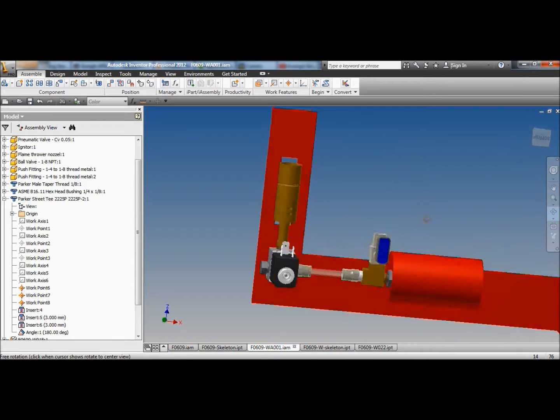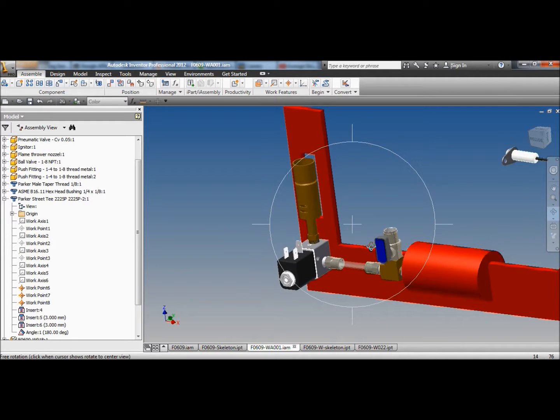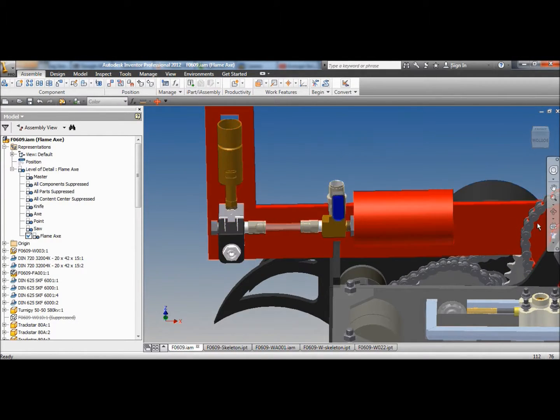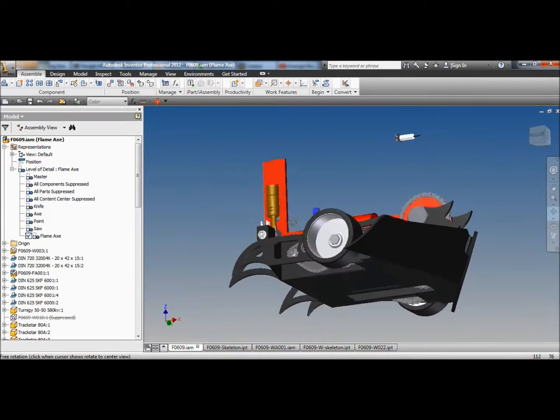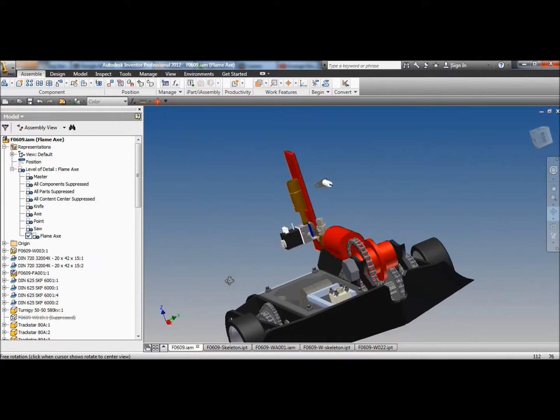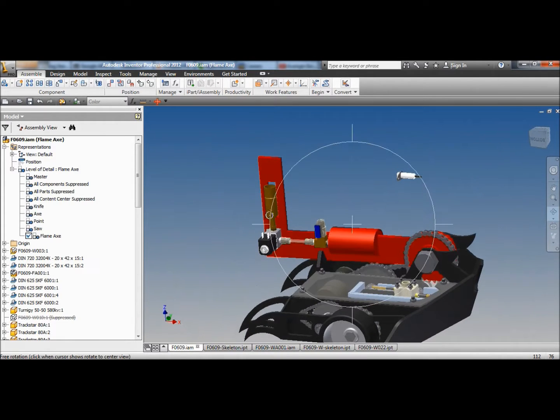I think, yeah, should do. Okay, well, I'll just see how that fits on the main assembly. Yeah, we got clearance there. It all goes together well. All I need now is a plate on the side